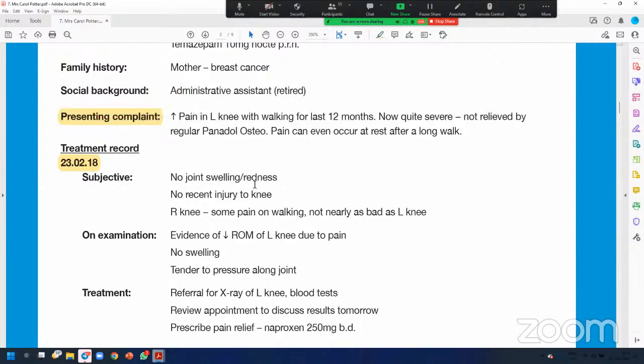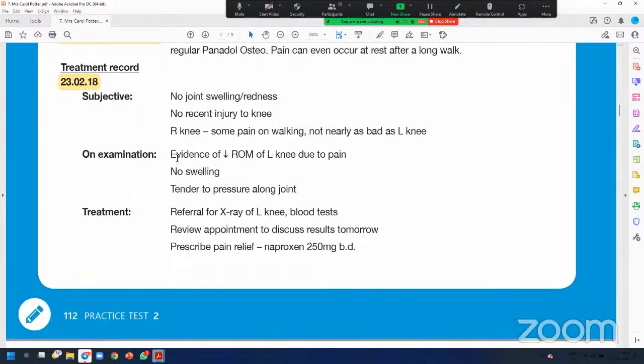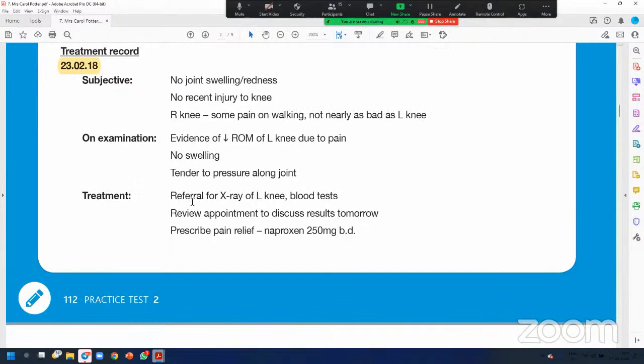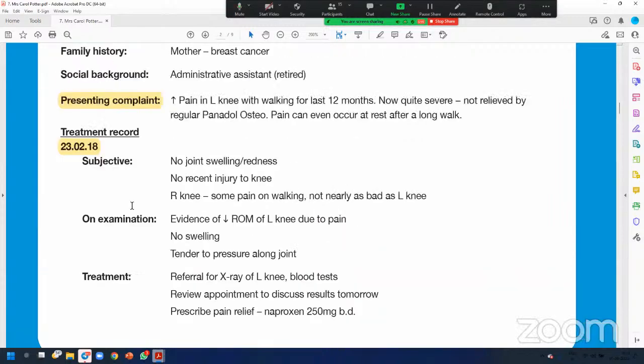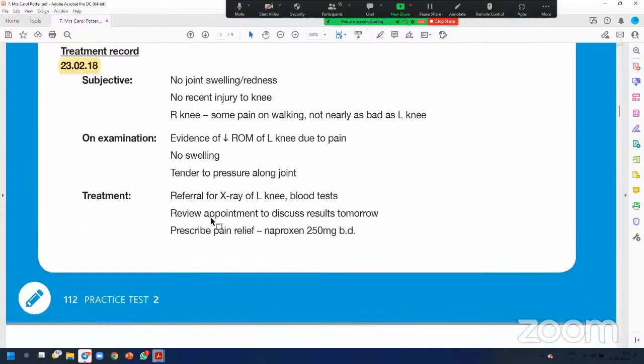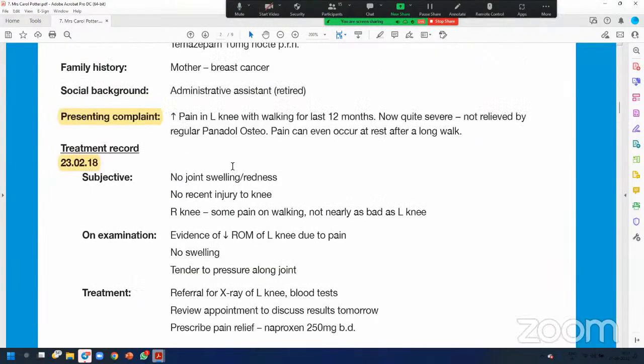This is the presenting complaint for the last 12 months. What was the medication given, and what is her condition? The presenting complaint along with the condition, everything you have to write. Then you have examined her and given her treatment. All these things, from the presenting complaint till treatment, will go into the first paragraph,